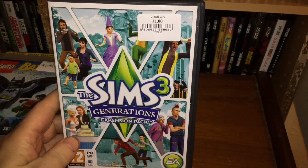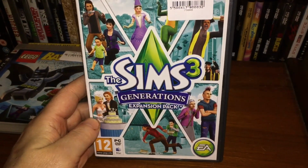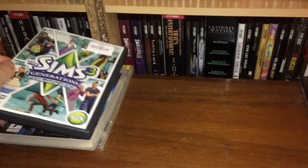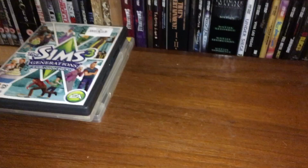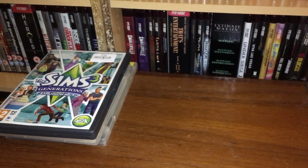Sims 3 Generations Expansion Pack for PC. It again was £1. I was shocked at this. It trades in for £7. Yeah, so that's pretty good. And when I was in CEX, one thing I noticed on the shelf